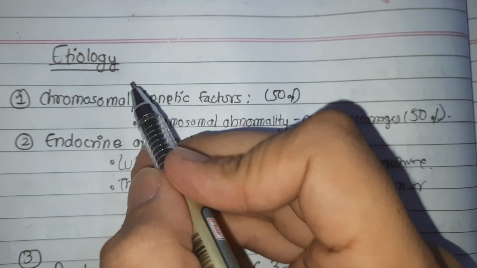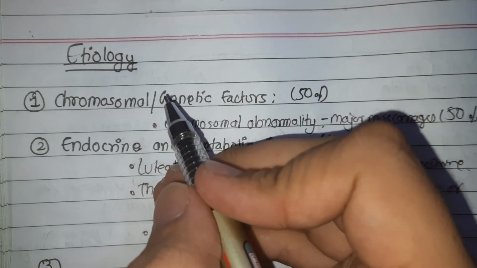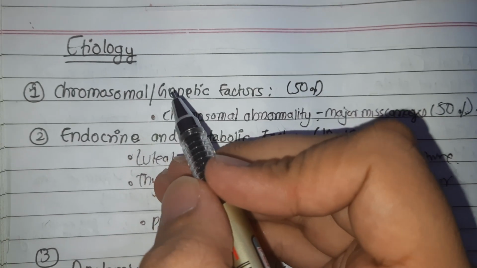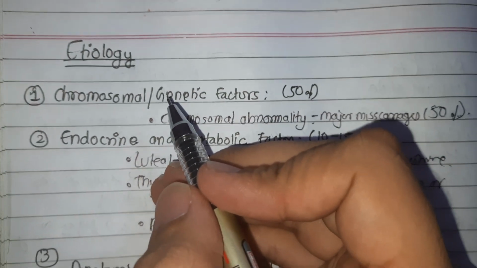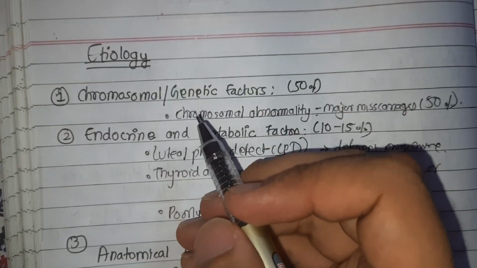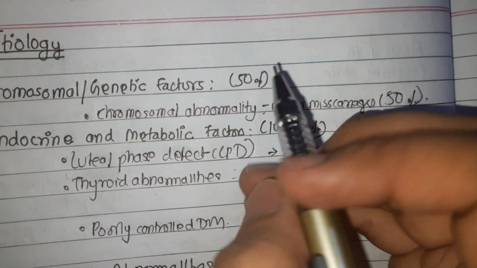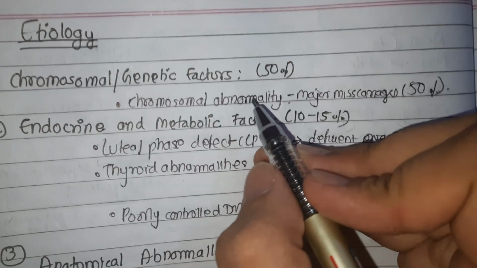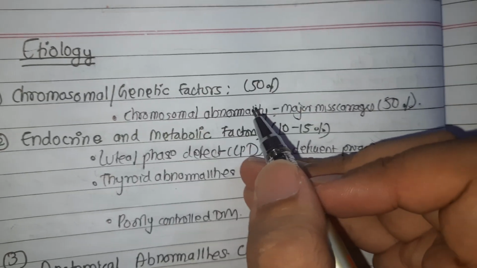Okay, now we will be talking about etiology of abortion. The etiology of miscarriage is often complex and obscure. The following factors, embryonic or parental, are important. There are various different factors, and we will talk about them one by one. The first one is chromosomal or genetic factor. Majority, about 50%, of the early miscarriages are due to chromosomal abnormality in the conceptus.